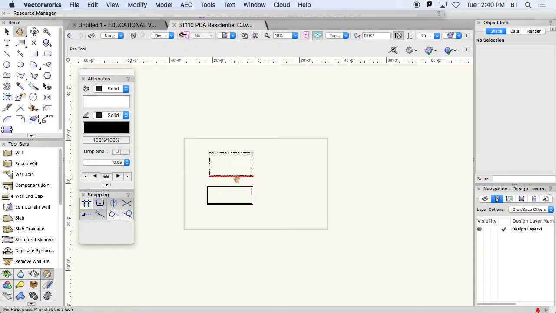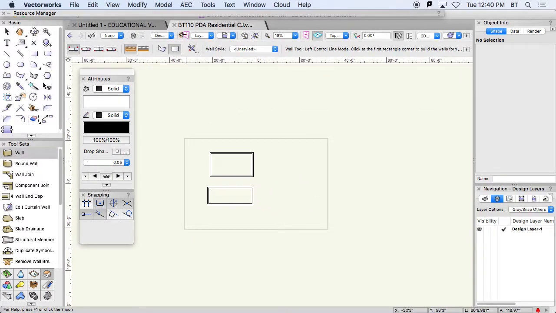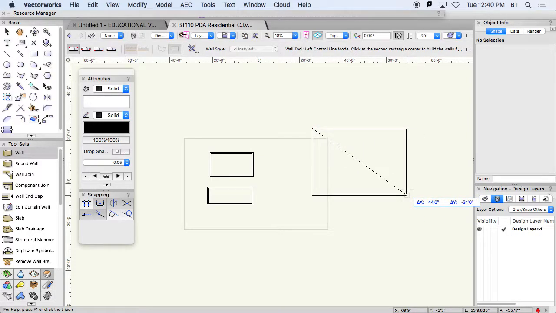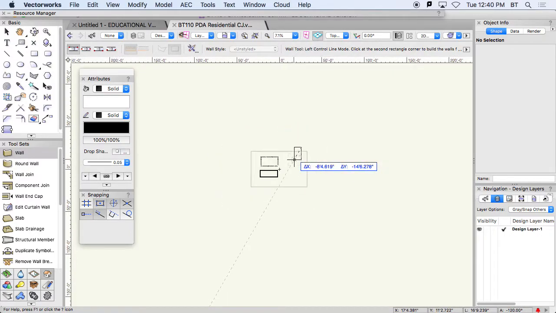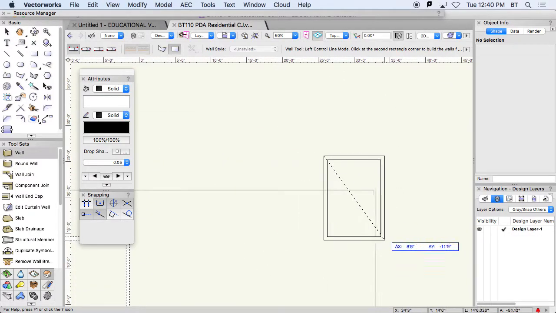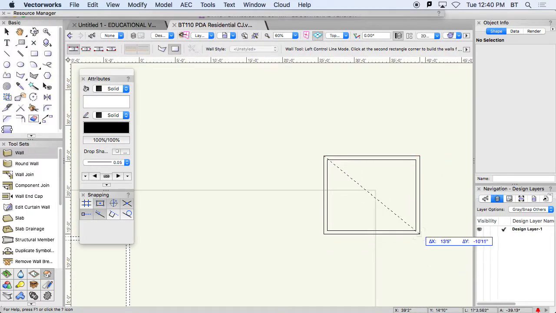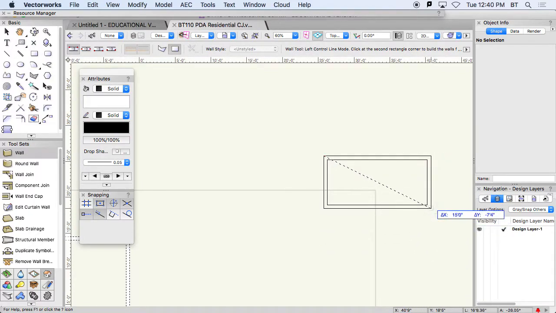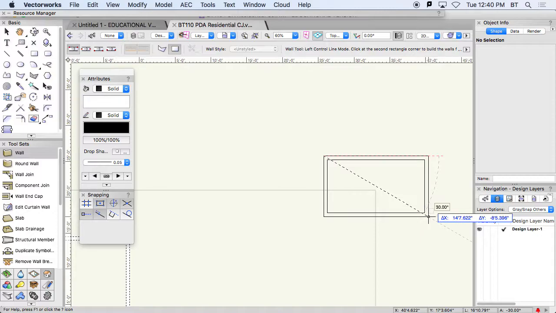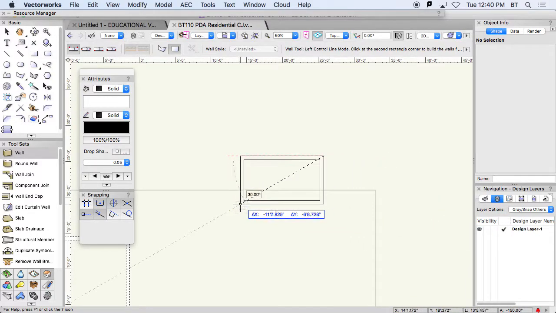Now, if I'm doing the rectangle mode, it's different because it's creating that box. Even if I zoom in, see I'm dragging to the right, and I can see that sometimes when I hit it, there's that red dash line again, so that's my left control line mode. And if I go in this direction, again,